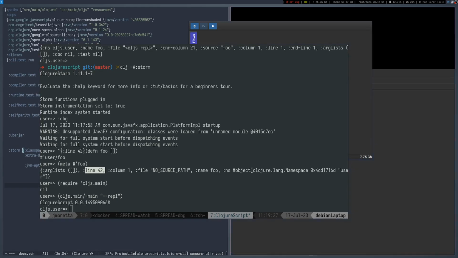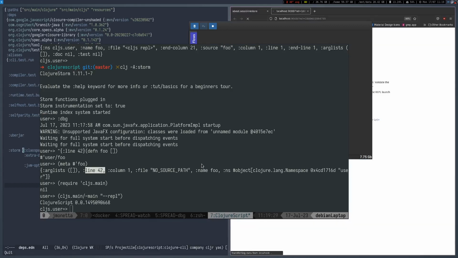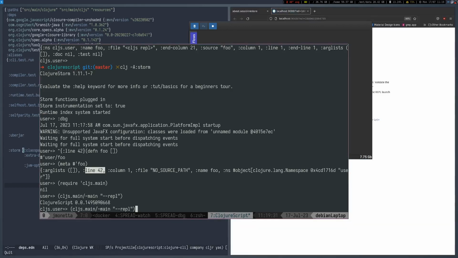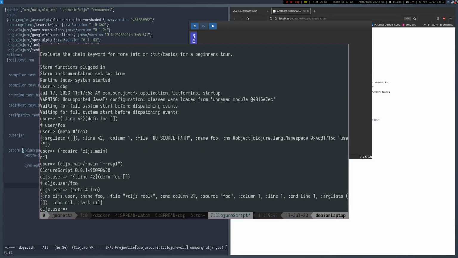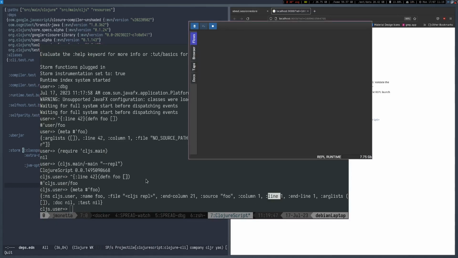Okay, now we are in a ClojureScript REPL. Let's try our thing again. And yeah, we are still on line 1. So let's try to run exactly the same,